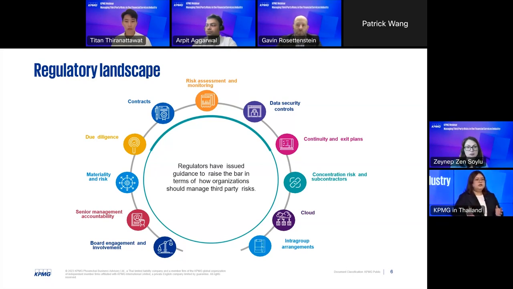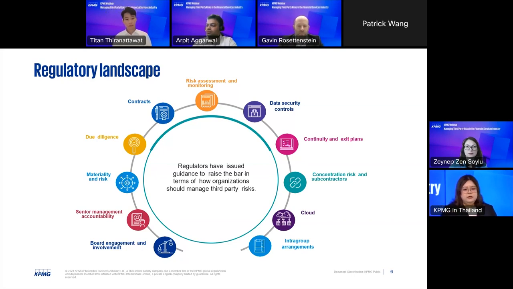From the overall regulatory expectation, what are they looking for? They're looking for the life cycle of third-party risk management. As you can see on our slide now, it starts with onboarding, then risk management or management of controls, continuous monitoring, and finally offboarding or termination. So all of the regulatory requirements focus on the life cycle of third-party risks.